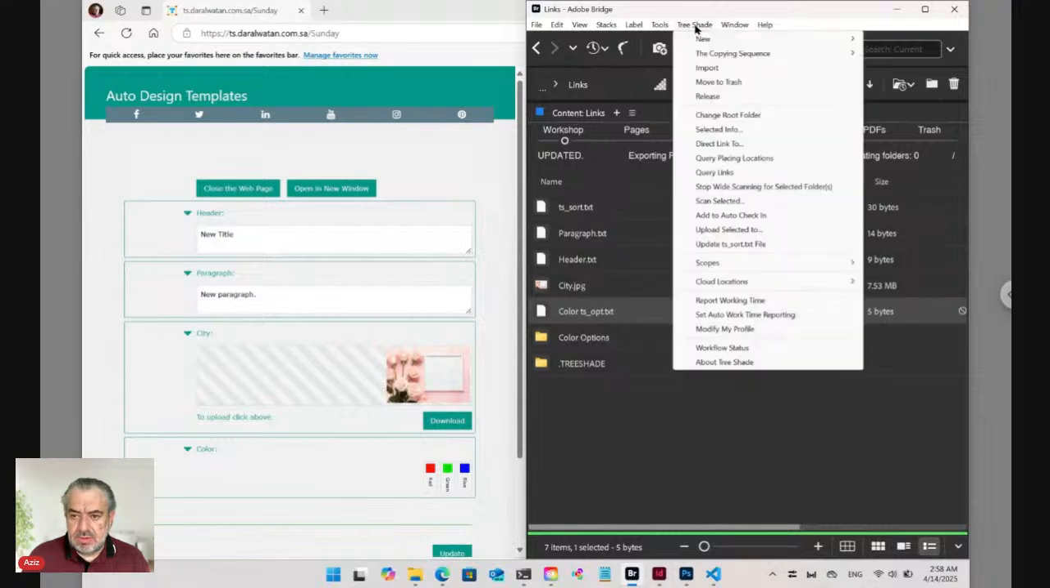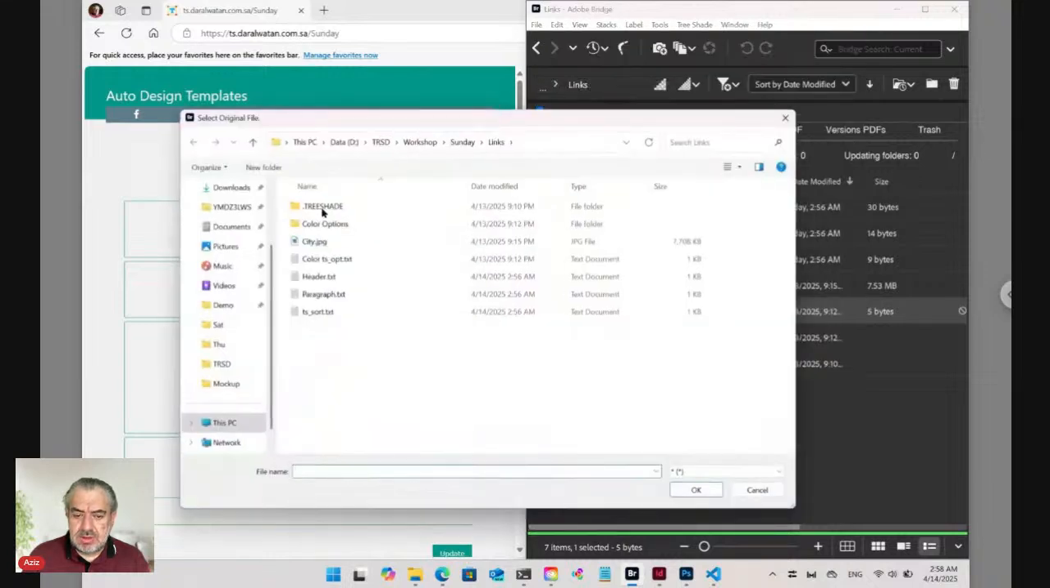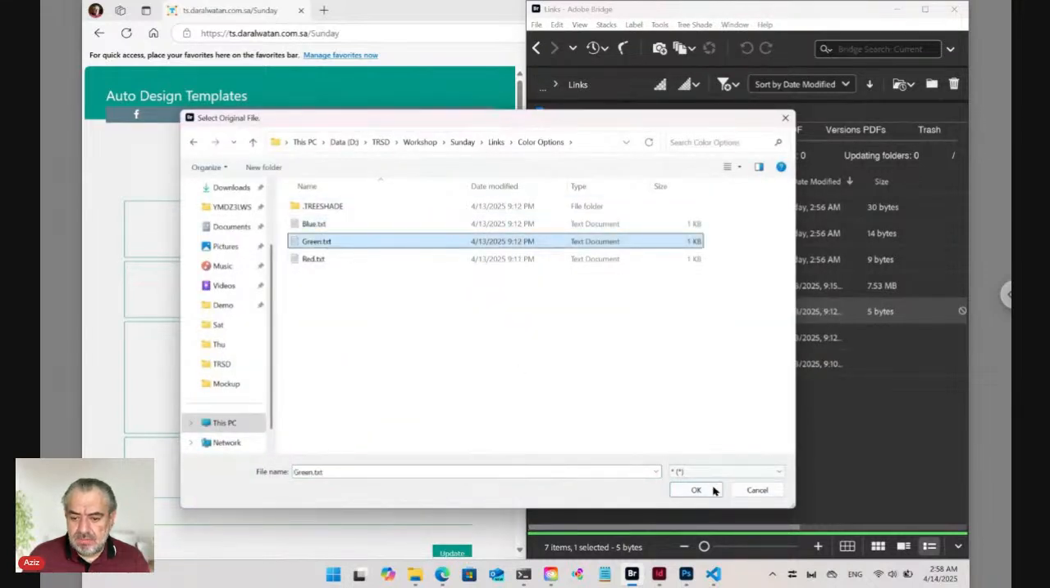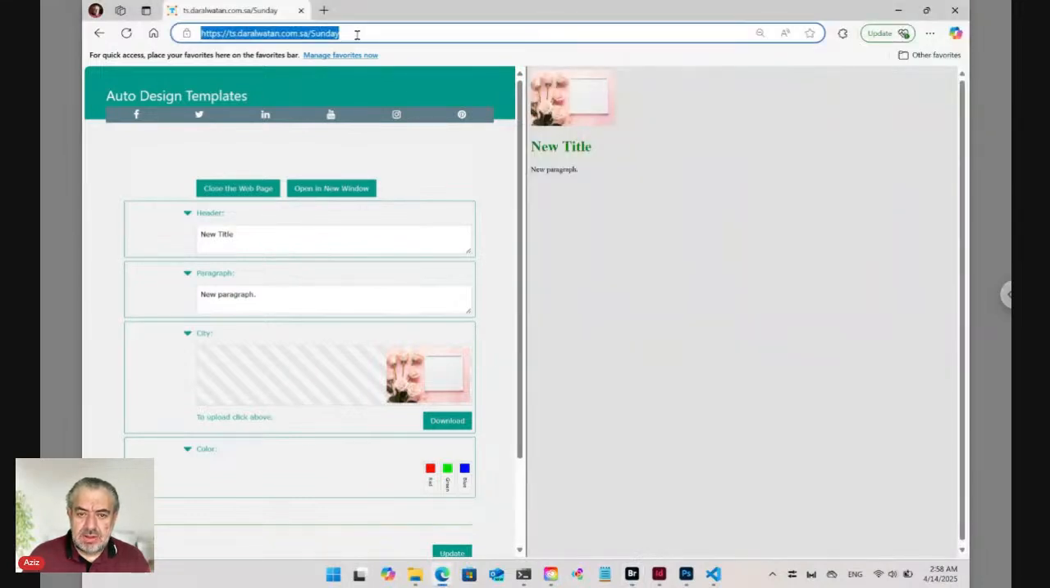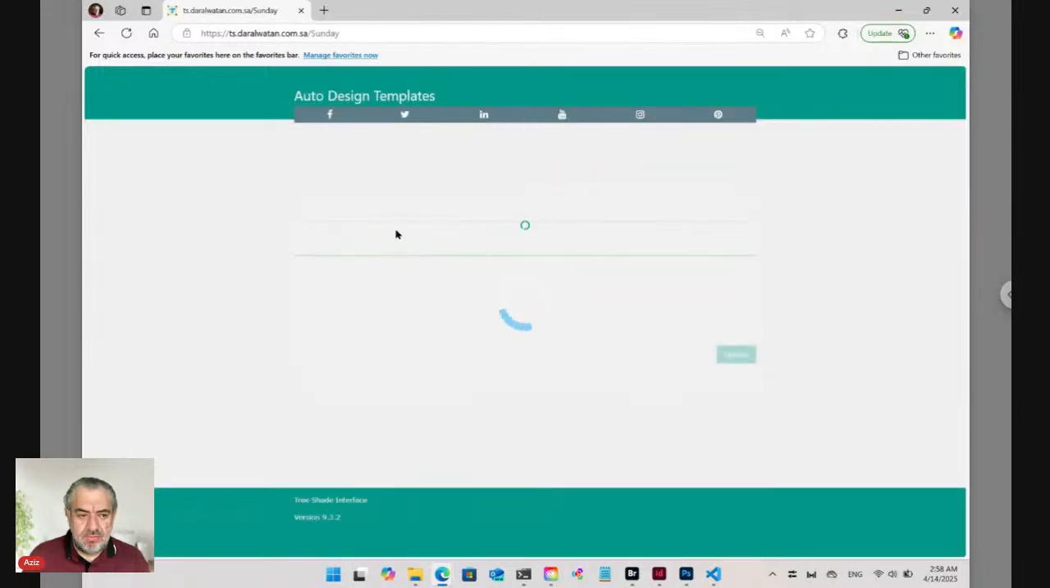So from the TreeShade menu, the copying sequence, change original, green. Now there is a relation between the file and the default option. So now if we refresh the form,